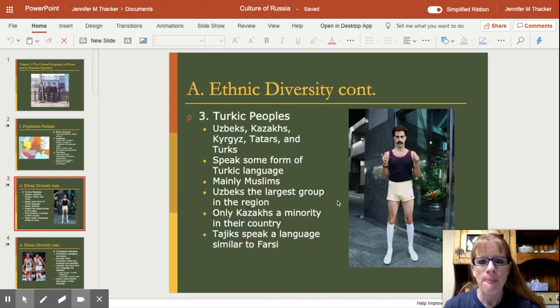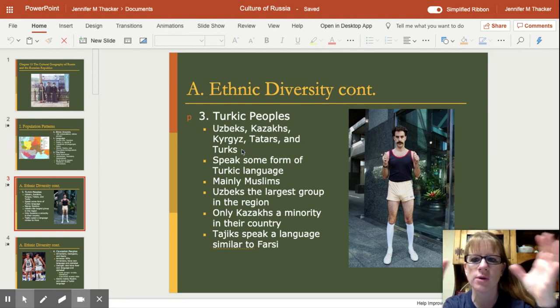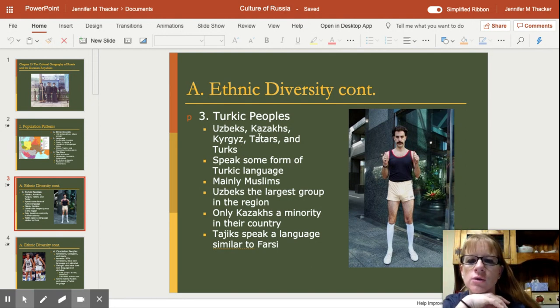All right. So again, we're talking about a lot of ethnic diversity. This picture cracks me up. There's a lot of Turkic people. So you have the country of Turkey, but then you have a lot of surrounding little countries. So people from Uzbekistan, Kazakhstan, Kyrgyzstan. Most of them speak some form of the Turkic language, and most of them, believe it or not, are